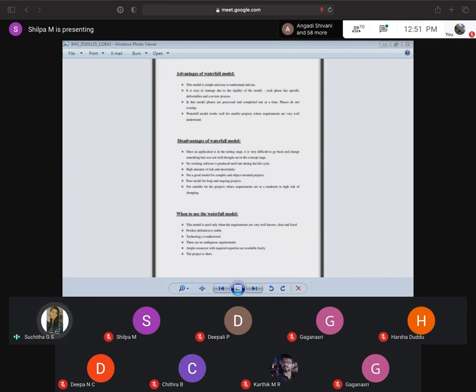Next, when do we use the waterfall model? This model is used only when the requirements are very well known. Product definition is stable, technology is understood, there are no ambiguous requirements, the project is short. Thank you.